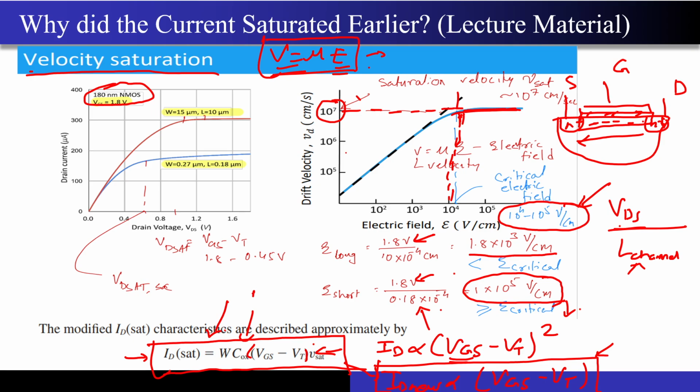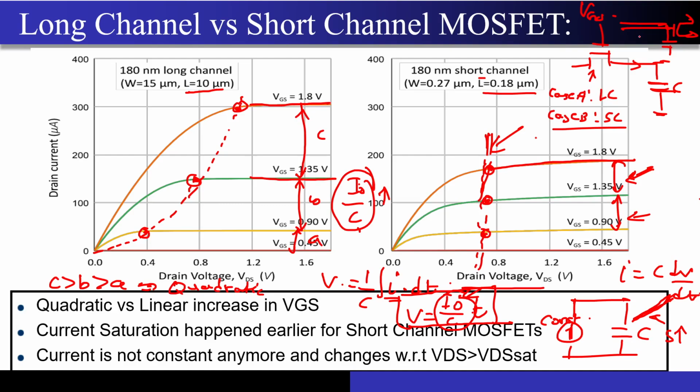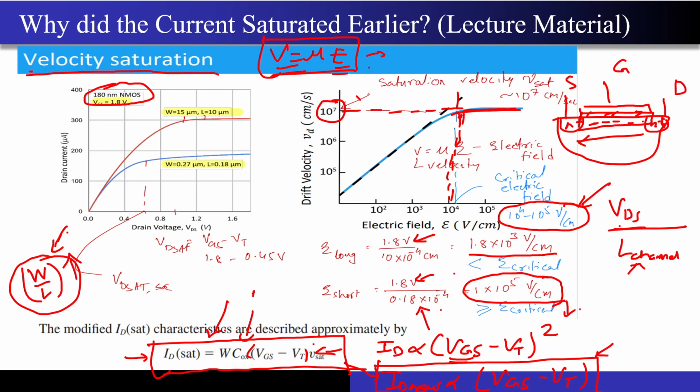So now what do I have to do? I have to make my transistors bigger. That is, the W by L ratio has to be increased for the short channel MOSFET if I want to get the same current. And what are the consequences of this? The MOSFET which is driving this MOSFET now has to supply a higher current, correct? What do I mean by that? Just like I told you, this capacitance may be the input capacitance of the next stage. Even this MOSFET will have some input capacitance, right? And that needs to be driven. So even that capacitance will increase now. So that is a big problem, that my current is not increasing the way I actually want.